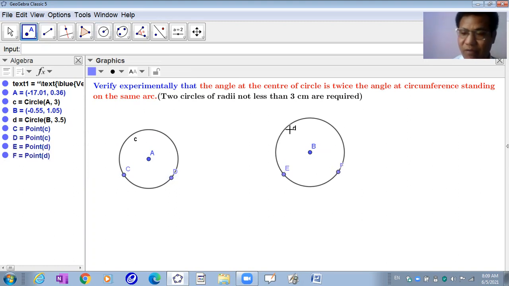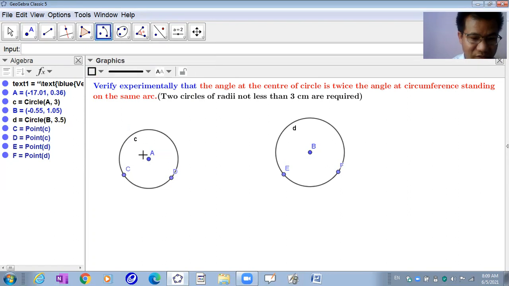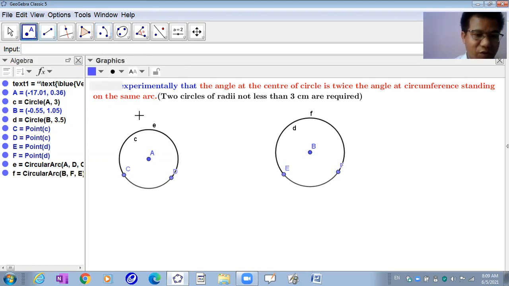And the inscribed angle will be controlled with the help of the circular arc. So go to the circle tool and click the circular arc, center A, D2, C, center B, F2, E. Then we take one point in each circular arc,